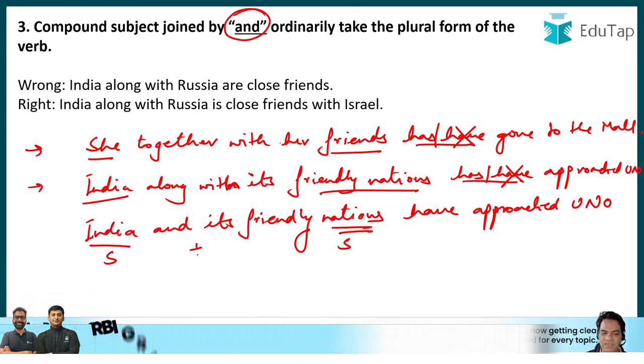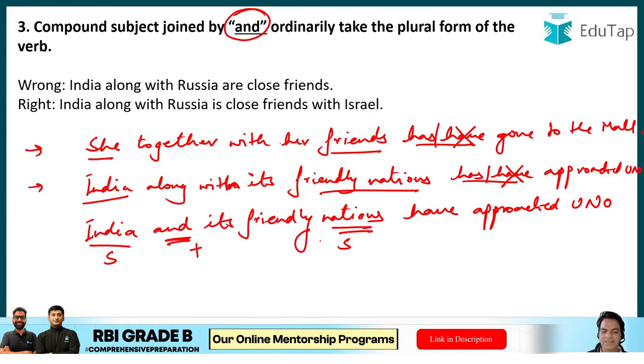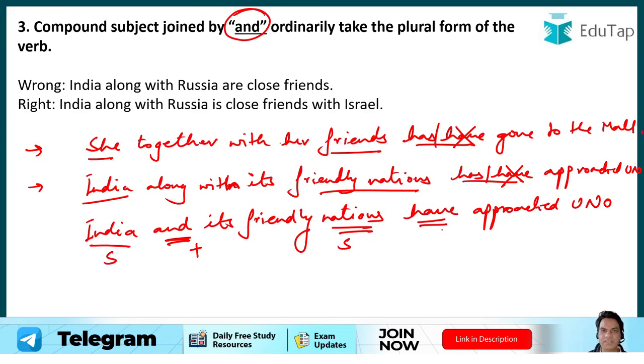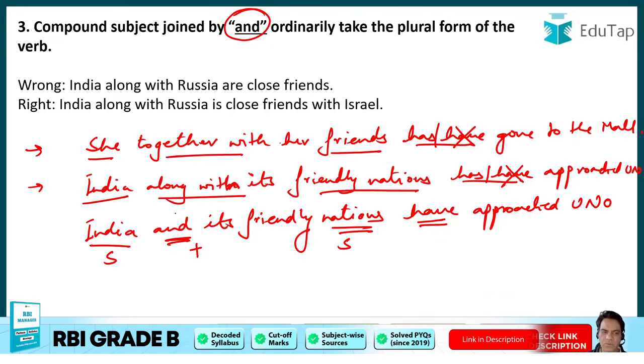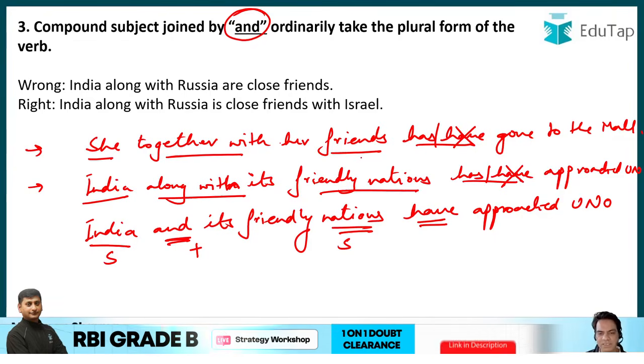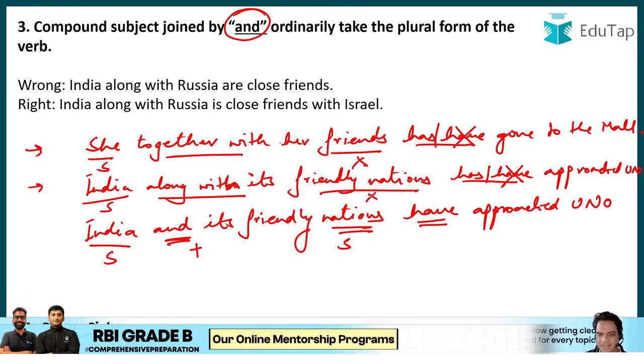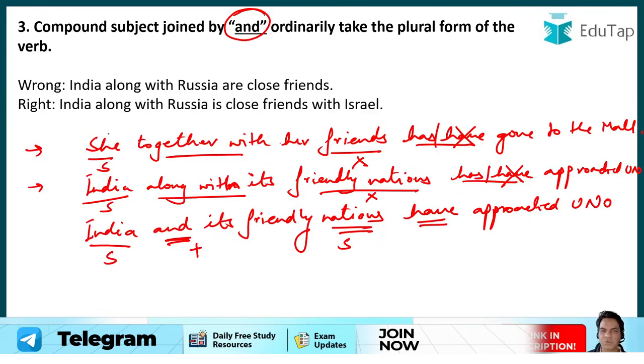There is only one conjunction in English language that can create two subjects in a sentence, and that conjunction is "and". There is no other conjunction that can create two subjects in a sentence. So that is the concept. Now in any other conjunction, for example, together with, along with, the noun used after the conjunction is not the subject. The only subject is the noun or pronoun used at the beginning of the sentence. So the second noun is not considered the subject, and the verb will be decided according to the first noun only, right?